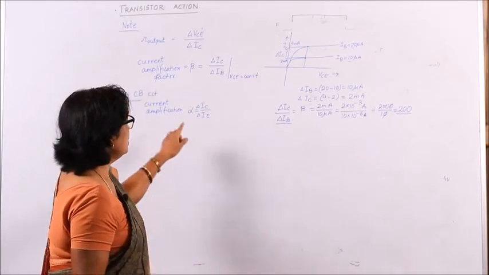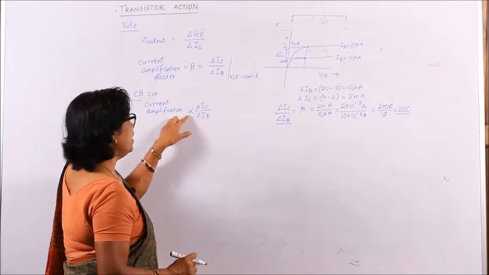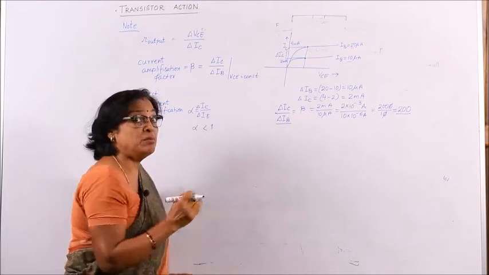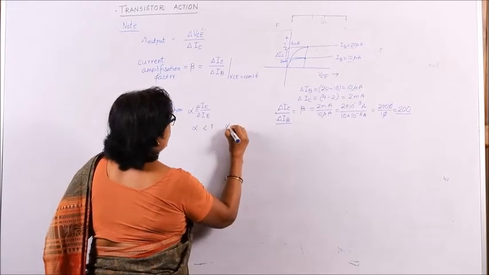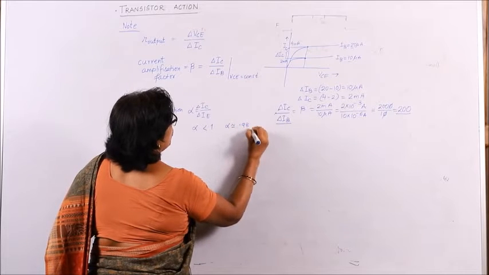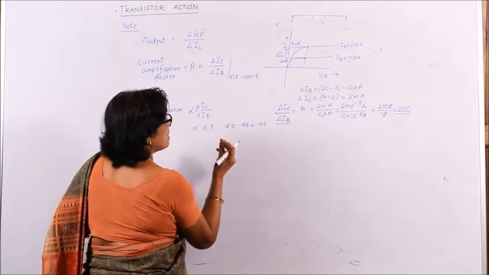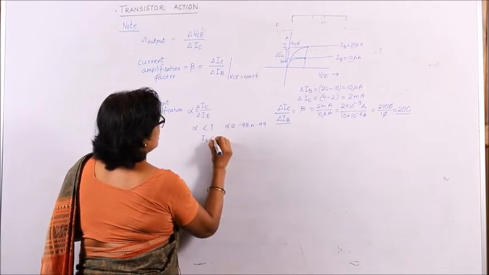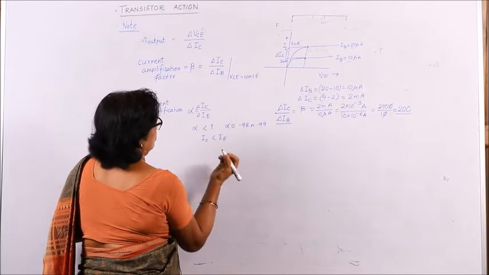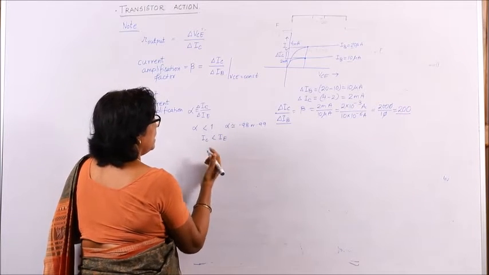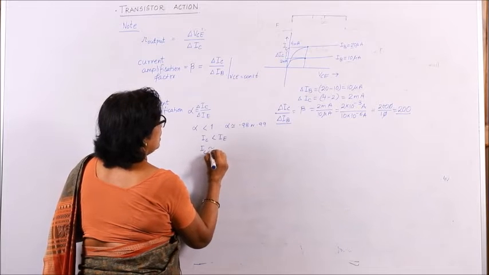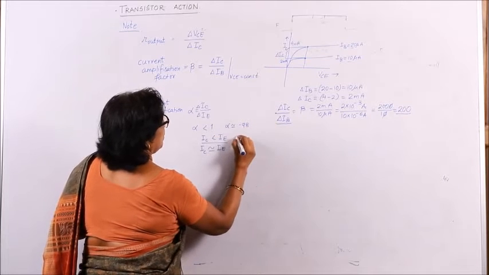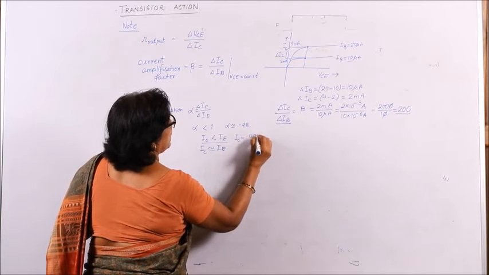So, alpha is IC by IE, that is IC equals alpha times IE, and alpha is less than 1, not very much different from 1 actually. Alpha is of the order of 0.98 or 0.99, something like that, means only slightly less than 1. This means current IC is less than IE, but only slightly, that means this difference is very small. In many cases, we take collector current nearly equal to IE, because if alpha is equal to 0.98, then my IC will be equal to 0.98 times IE.